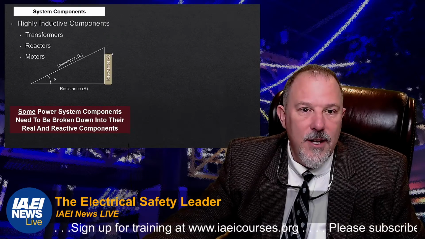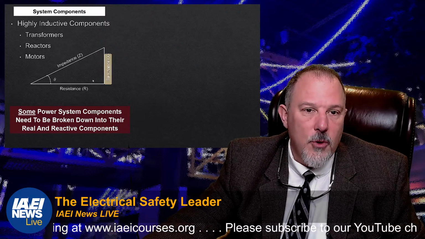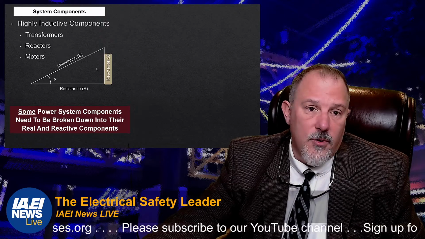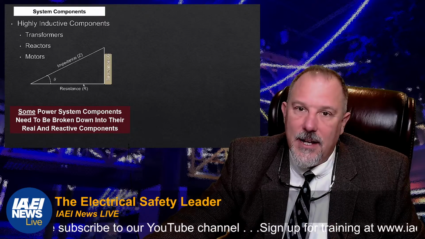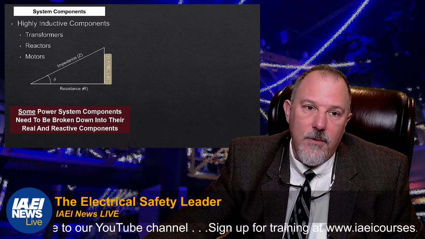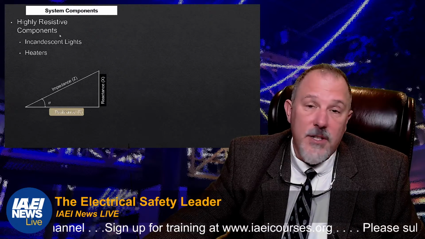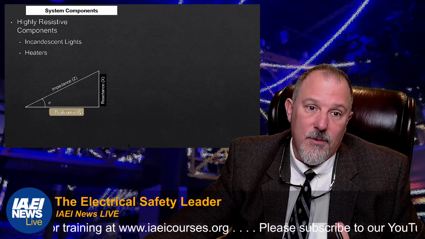Transformers and reactors, primarily reactance. Just this portion of the triangle is all I'll model transformers, reactors, and motors. I'll model them as an X. Sometimes we'll throw the X to R ratio over and get an R value. Most often, we're doing an X. Highly resistive components, heaters, incandescent lights, big R's, resistance. That's